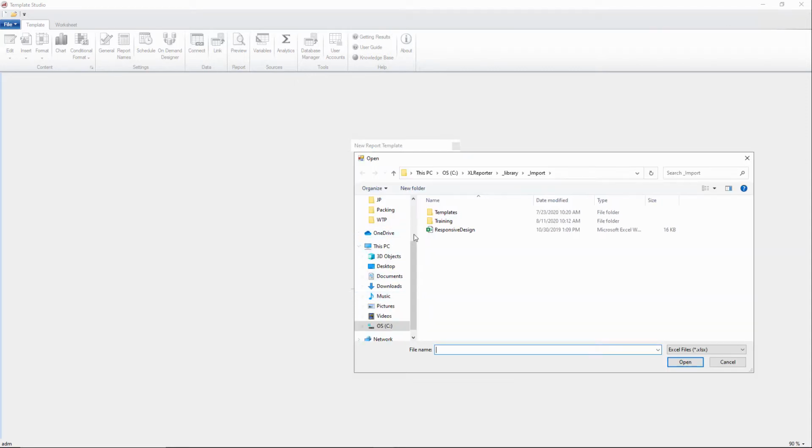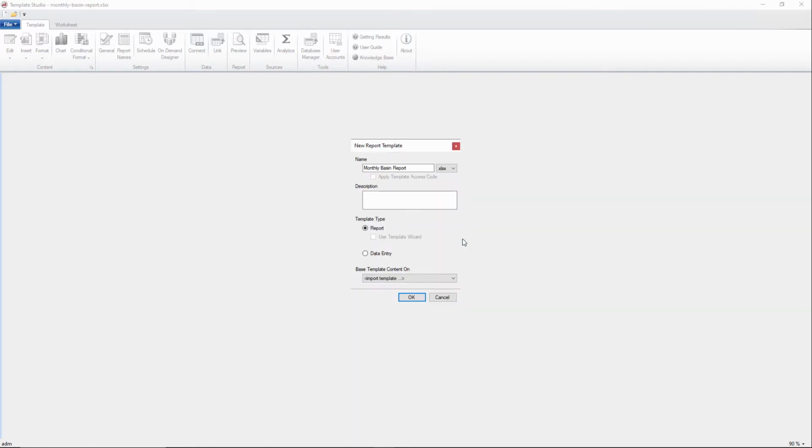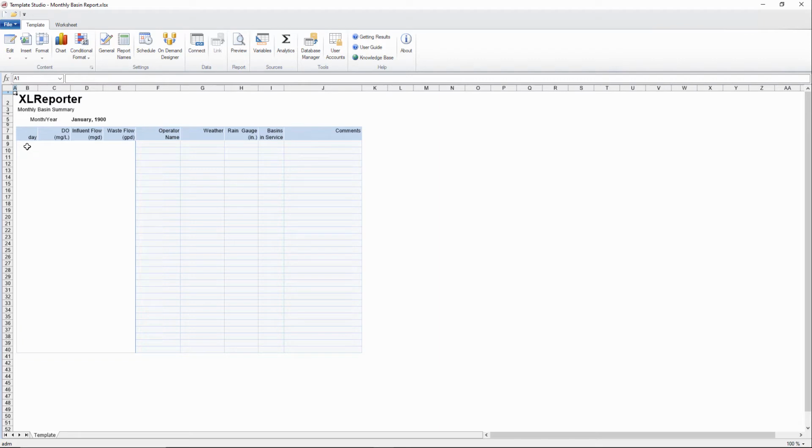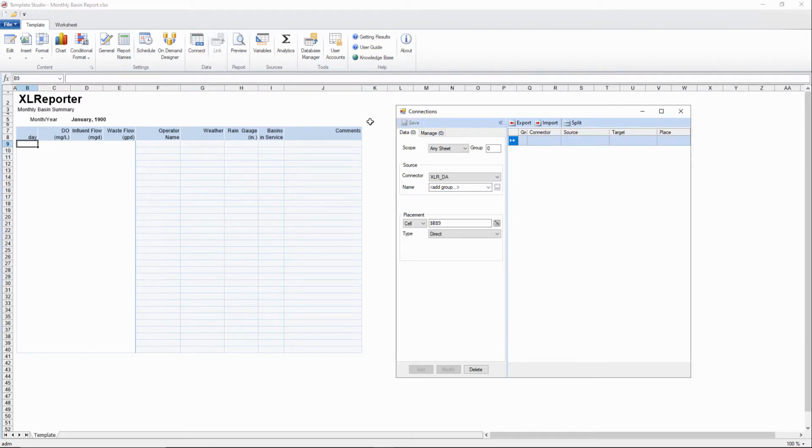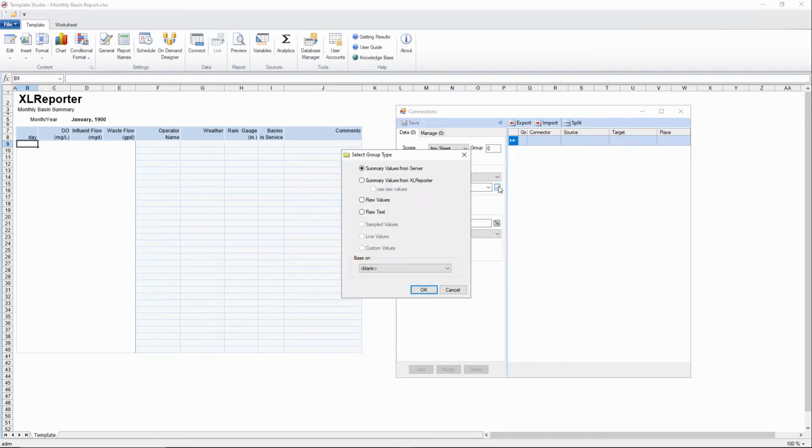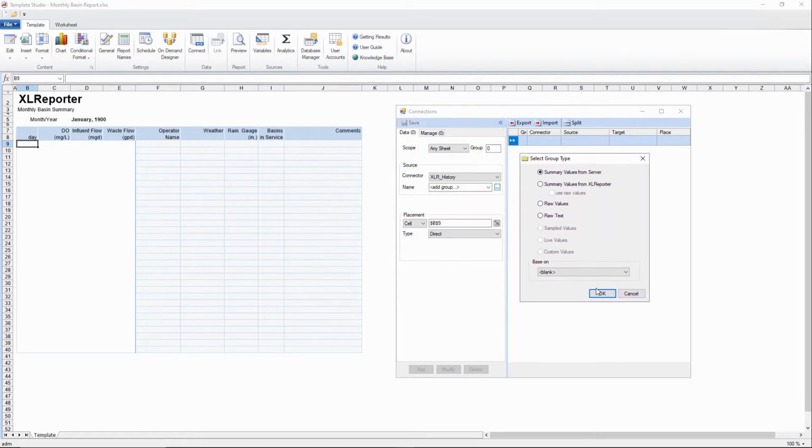So for this one, I'm going to use the monthly basin report file, and this one is going to combine historian data on the left here with manual data on the right. So I'll open up the connections interface, select the historian connector, add a new summary values group,